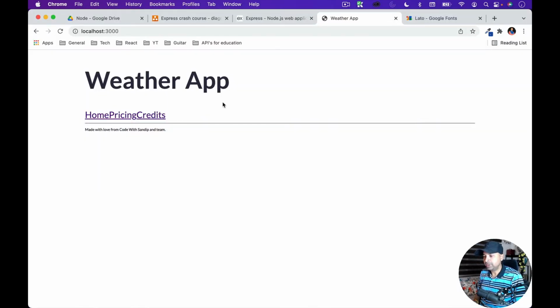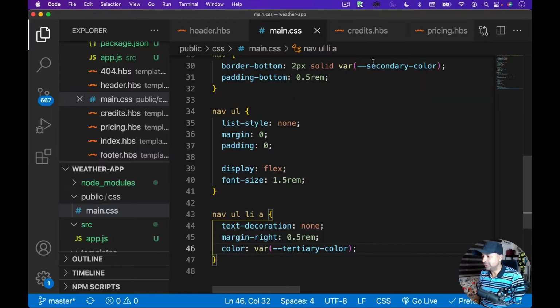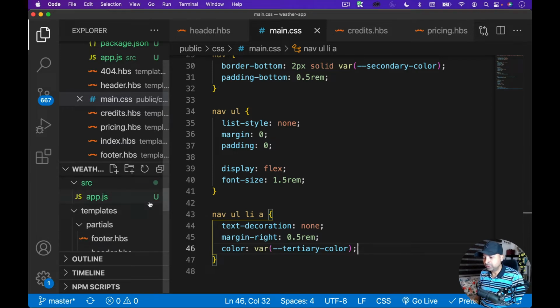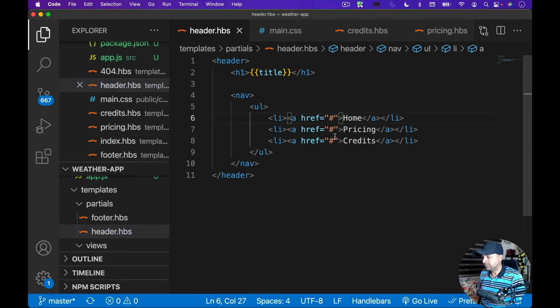Save. Now if I go back, see that? It's looking beautiful, right? So this is more of my simple navigation, and I need to link it actually. So I think I have created my anchor tag, but I didn't link it. So I'll go into my header partial, and let's give it some links, right? So this will refer to my home page, this will refer to my pricing page, and this will refer to